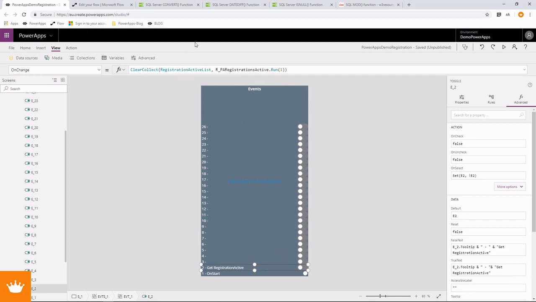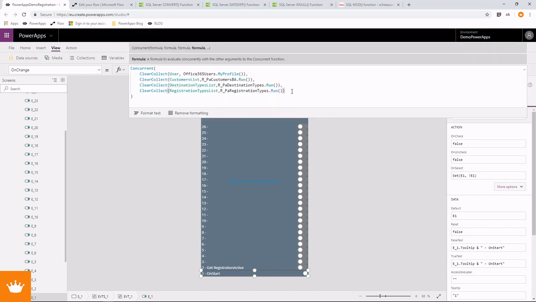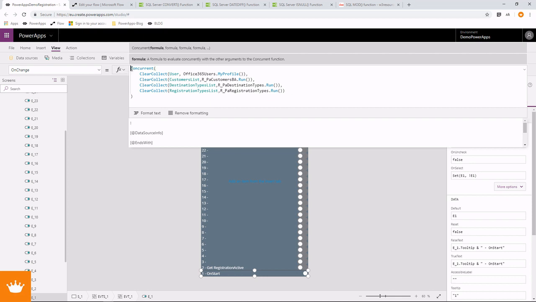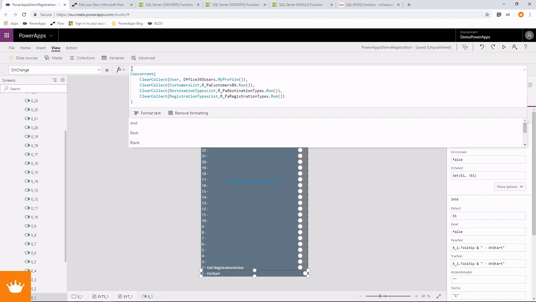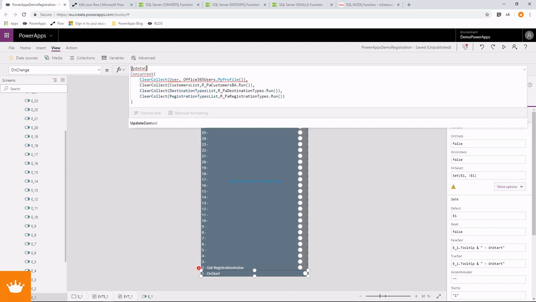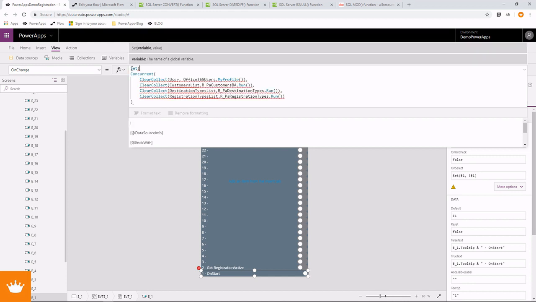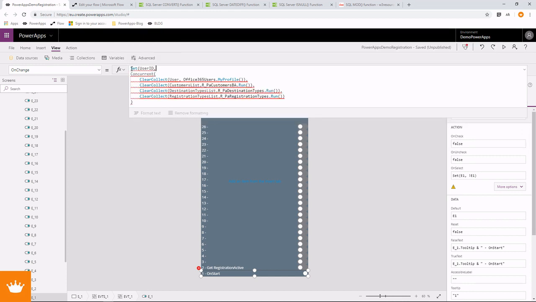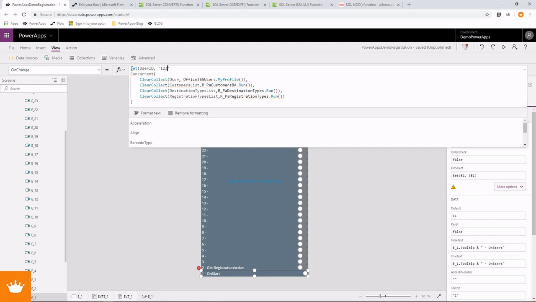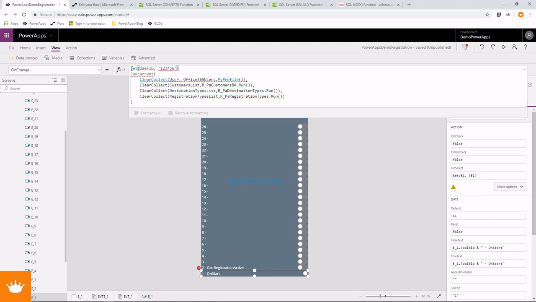But now I'm doing something wrong, so let's fix that, because I don't want all the registrations, I only want the registrations for my active user. So first let's go to the onStart parameter, and what we're going to do here is make a line and say update or set user ID to 1 2 3 4 5 6, and as I said earlier, normally this would be